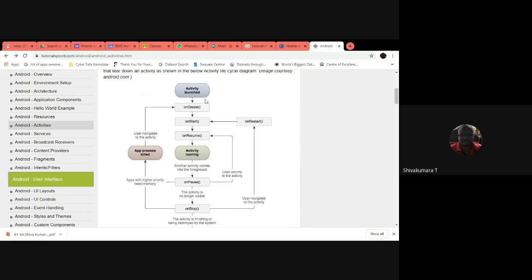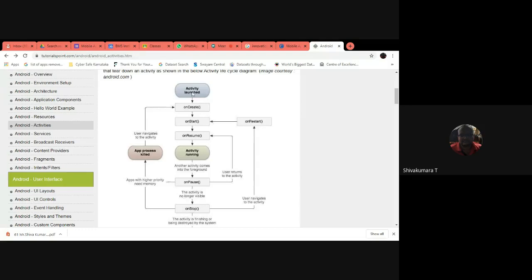When you launch the emulator or your device, or when you click on any application, let us take the WhatsApp application, when you click on the icon of WhatsApp, first the home screen is going to be loaded. Home screen is also an activity, right?